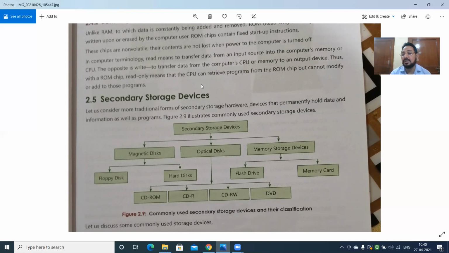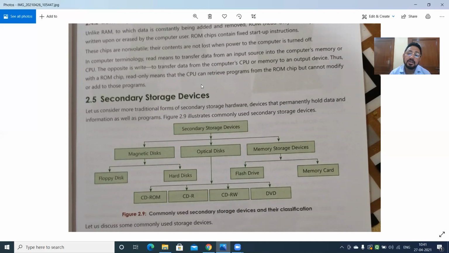Hard disk you are normally familiar with. It is intact in the computer system. Now we also have external hard disks nowadays. Many people use an external hard disk and attach it through a USB port to a computer system. In case they want to copy some information, such as movies, photographs, pictures, etc., and the primary hard disk is full, then they can move that data onto the secondary hard disk, which they can attach with a USB cable.